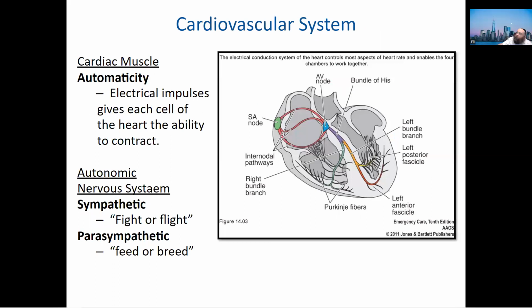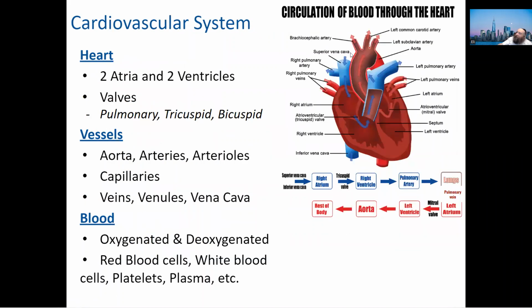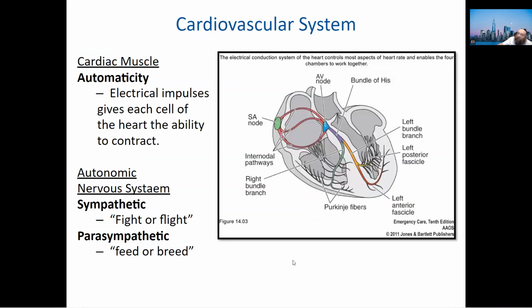Let's talk about how electricity travels through the heart. So all this that we spoke about here is how the blood moves from the body to the heart, to the lungs, to the heart, and then back to the whole body. Now we'll talk about something completely different. Now we're going to discuss how the electricity moves